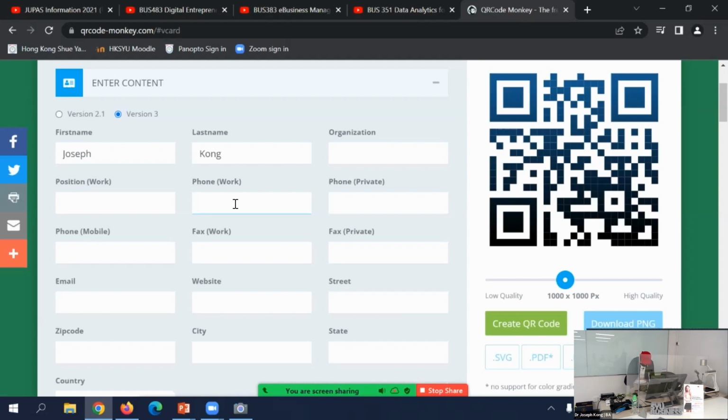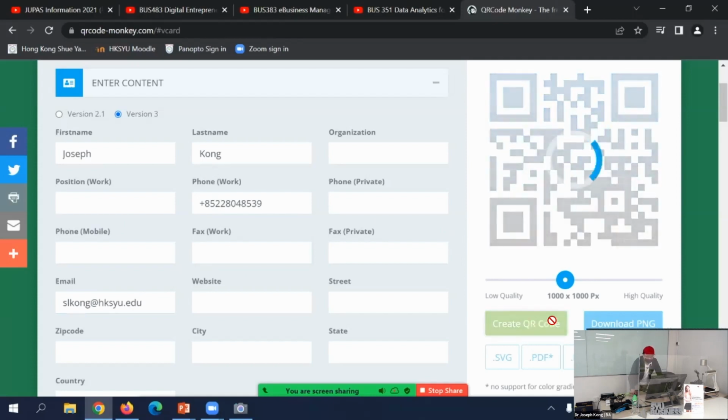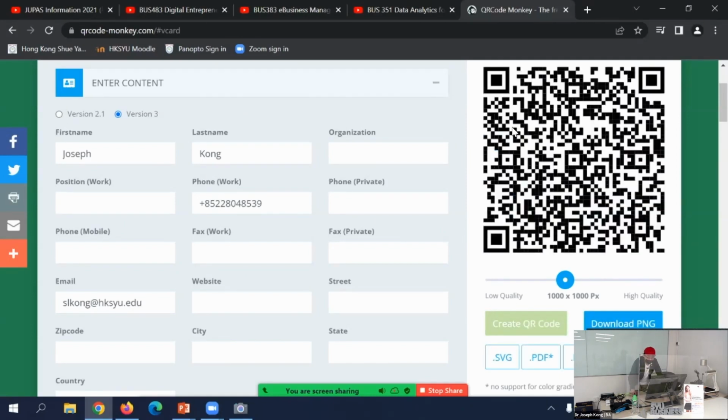It's 852-2804-85, something like this, and also the email. After entering this, you can create a QR code and it will generate the QR code for your contact information. What you need to do is just download this PNG